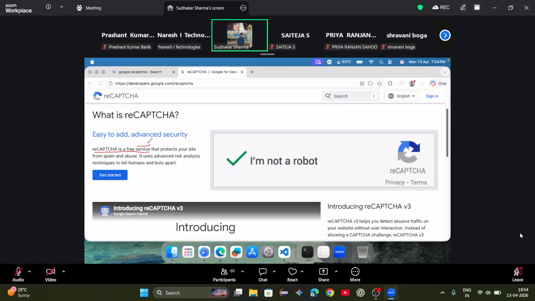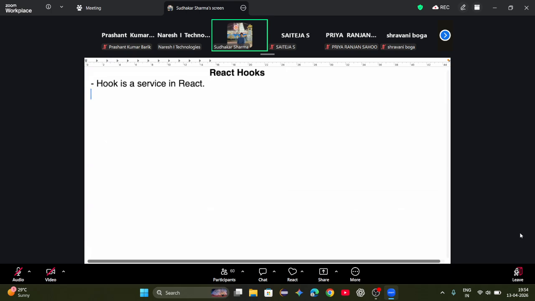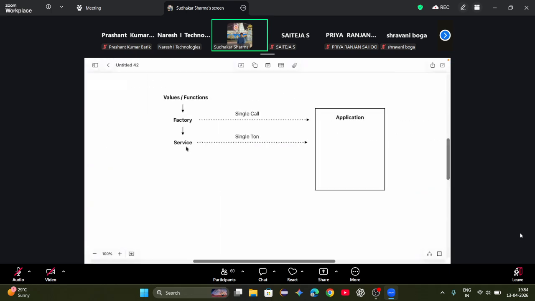So technically in software development, the majority of things are done through services. And React also built a lot of services which it calls hooks. That means hooks are services already built with so much logic. You are just using them. So technically, what is the concept of a service? This is very important. In our React projects, we don't use services in the application directly. What we generally do is, actually, service means,